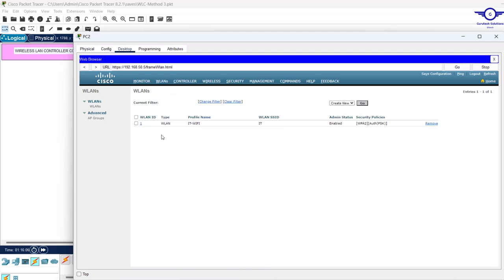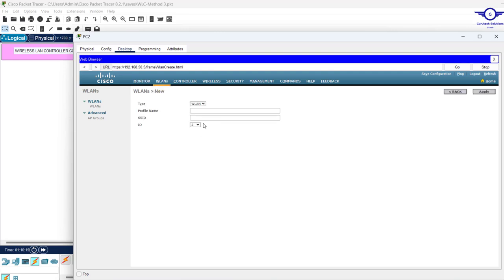So when you go back, you can see a WLAN ID is that one. Type this one. Proper name that one. It's this one and this one and this one. Okay, so just create a new one. So let me explain the second one, then the third one and the fourth one. Do it very fast each time. So this is